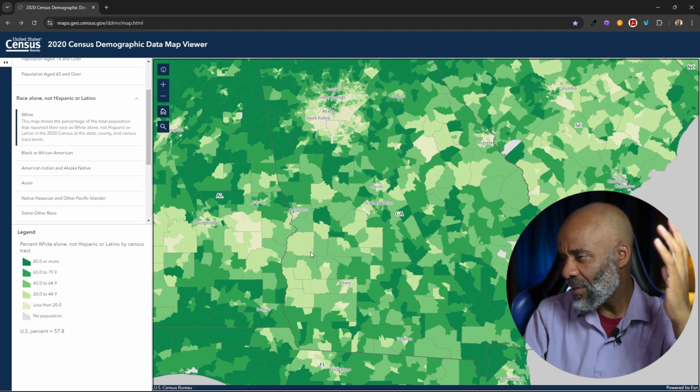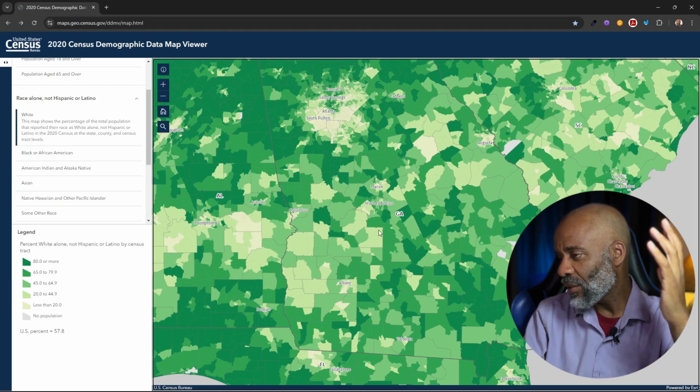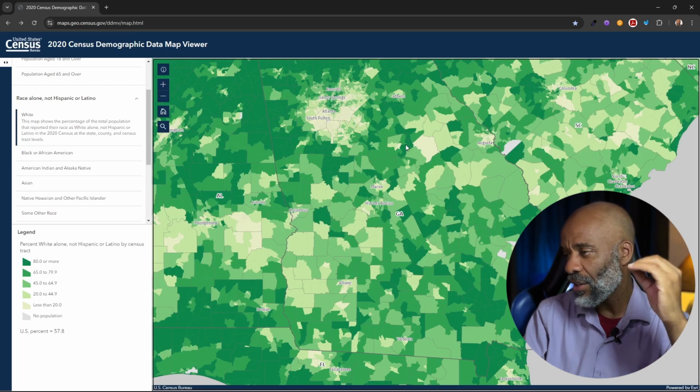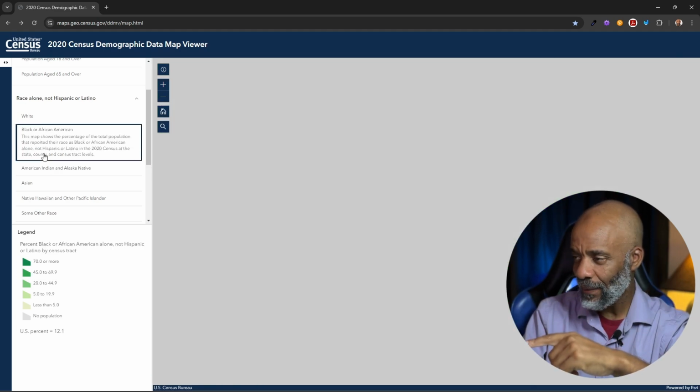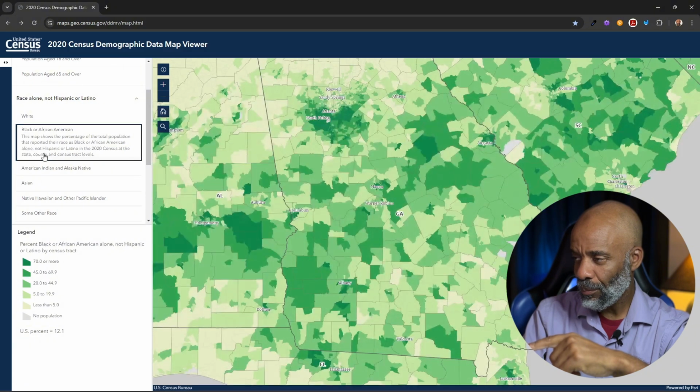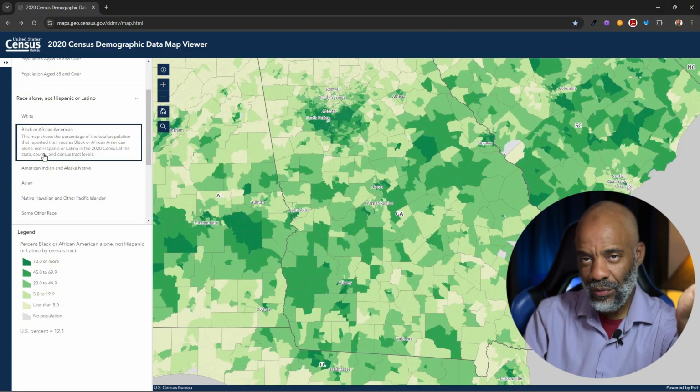There's little spaces here, Columbus, but that might be, okay, that's Columbus, Georgia. Albany, I don't know what this area here is called on the west, but this is where the whites are not, in the light green areas. Now, let's click to black. Remember this map. Let's click the black. You saw the difference? The blacks are where the whites are not, period.